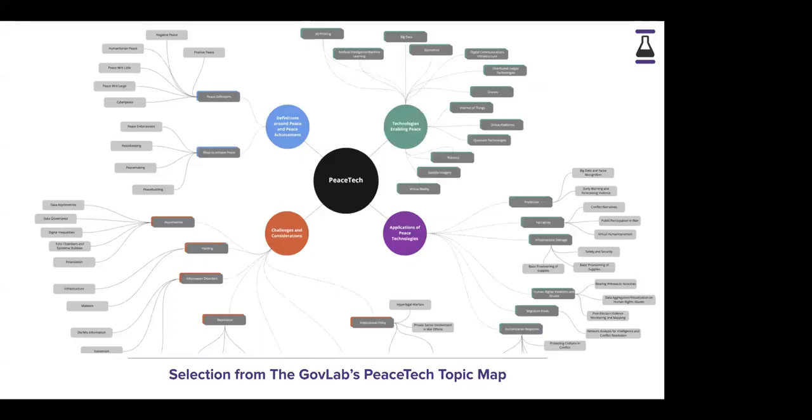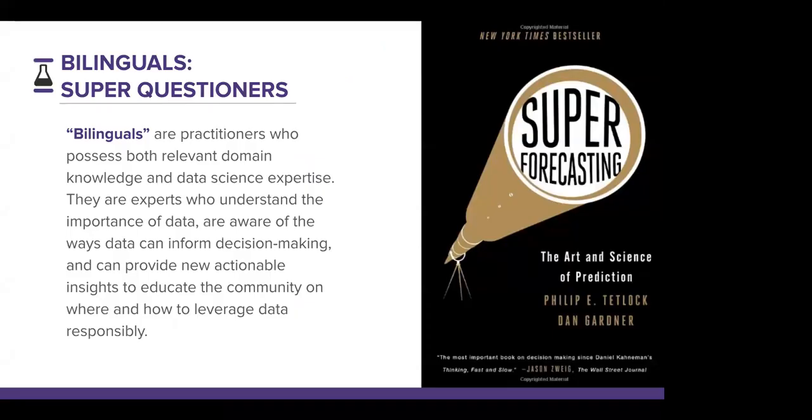So these are other topics, for instance, with P-Stack. I'm not going to go into detail here, but I think it's important to just spell this out and do this kind of clustering. I already mentioned bilinguals, and that also dovetails a lot with the work that GovLab is doing in some kind of smarter crowdsourcing, because the question here is, of course, who are super questioners in your domain, which is inspired by Phil Tetlock, who some of you might know, who is